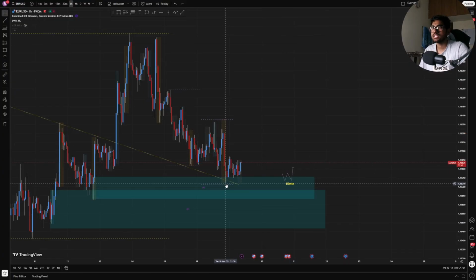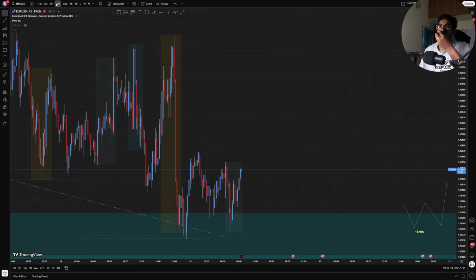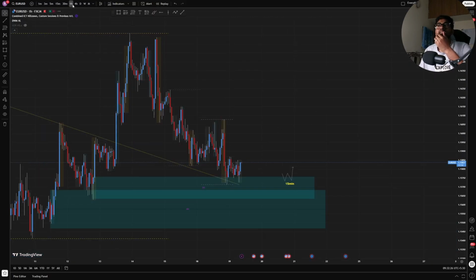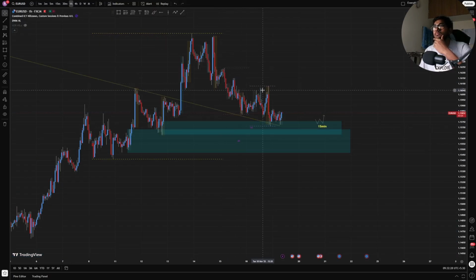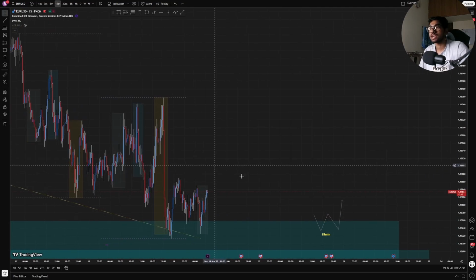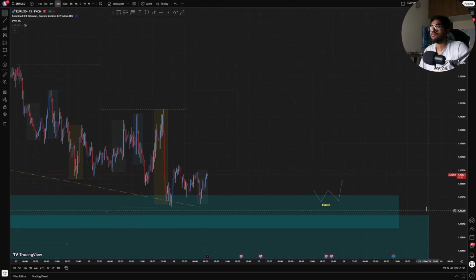But since tapping, we have seen a huge consolidation in this, right? There is beautiful liquidity to be grabbed, but yesterday this move really threw me off, right? So at the opening of New York, price took out London highs, meaning it swept the highs and then came all the way down. So that is exactly what threw me off, and that is why